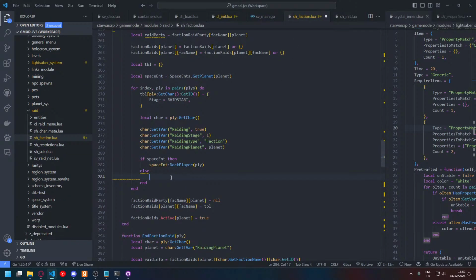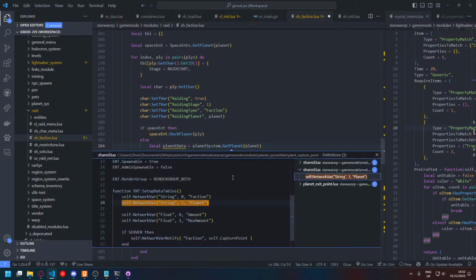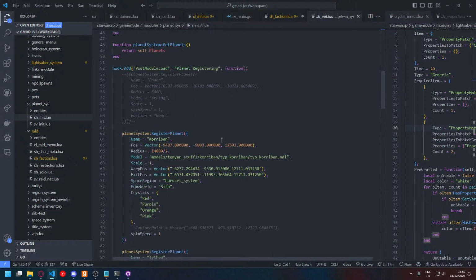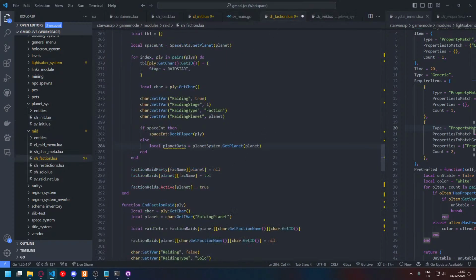Okay. So I want is planet system. Is that a thing? Yeah, planet system dot get planet. That's just really dumb. And let's just use warp position, I guess. Yeah. Well, it should be raid position, but raid position doesn't exist. I'll do raid pos or